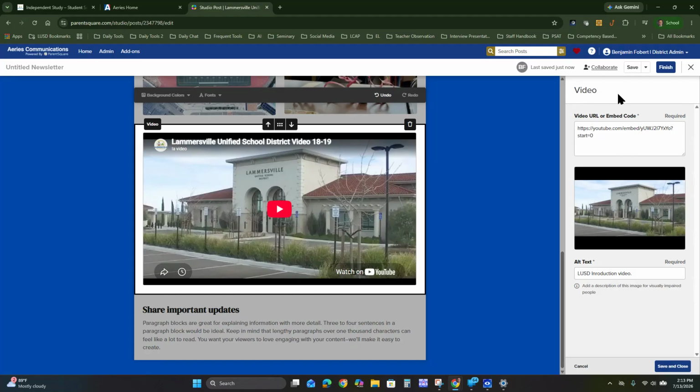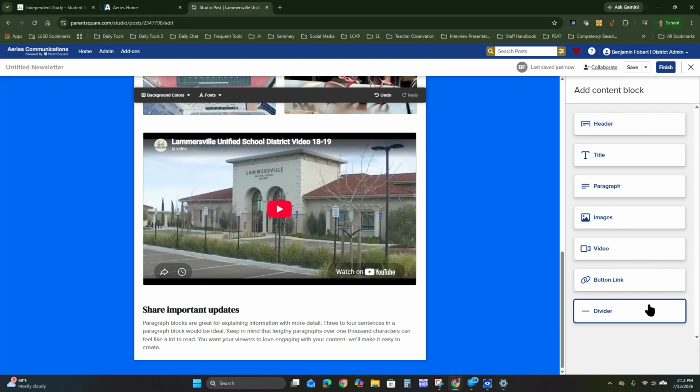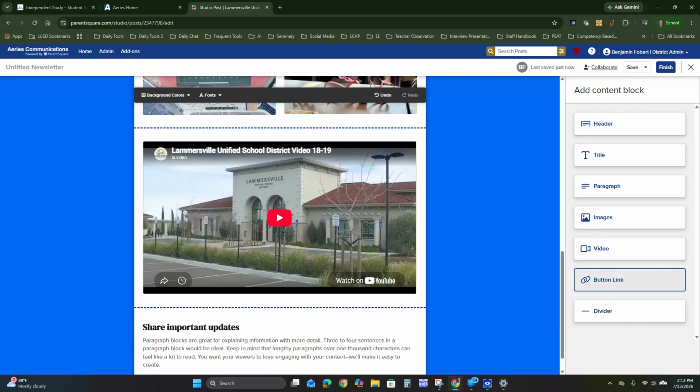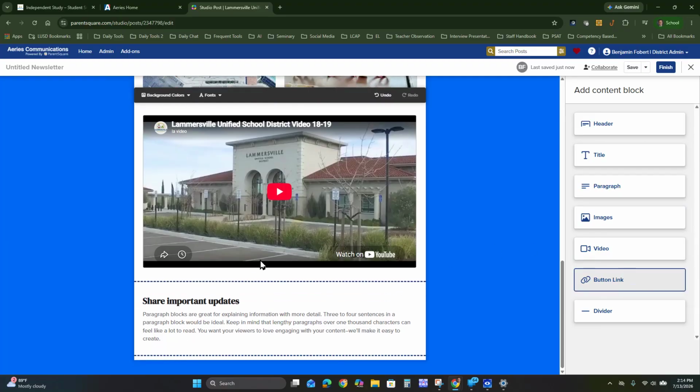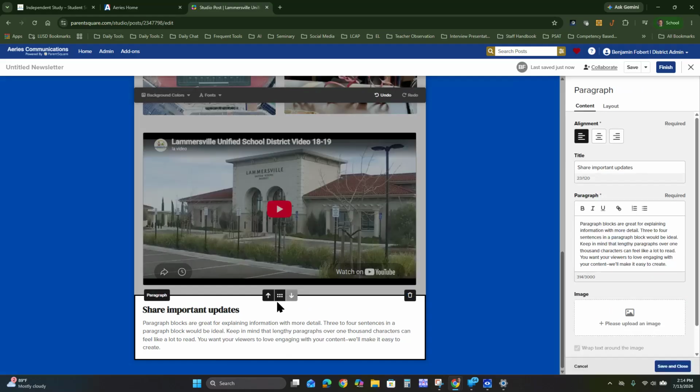For video, there are no selections on how to make it different. You can just put one video in the middle there. The last thing after we save and close this that I want to show you, last two things, is the button link. So say you have a button, maybe you've done an article on,